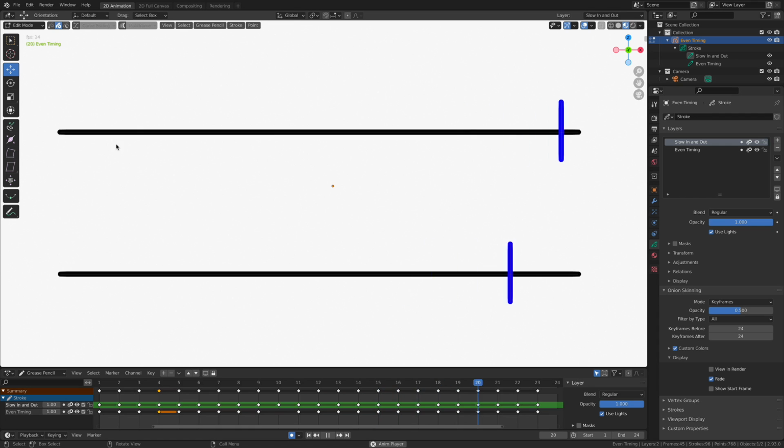But this one, we start slow, but then in order for us to end at frame 24, it's got to go faster in the middle and then slowly ramp down. This illusion of timing just makes our animations begin to feel more realistic, and it adds that small illusion of gravity. It adds the illusion that there's some other force pushing and pulling against our drawings to make our audience believe that they've come to life, that they are in fact quite magically alive in front of us on the page itself.